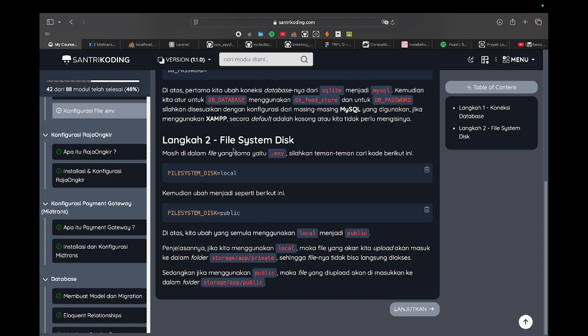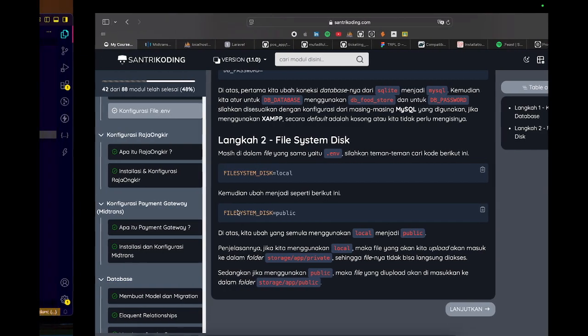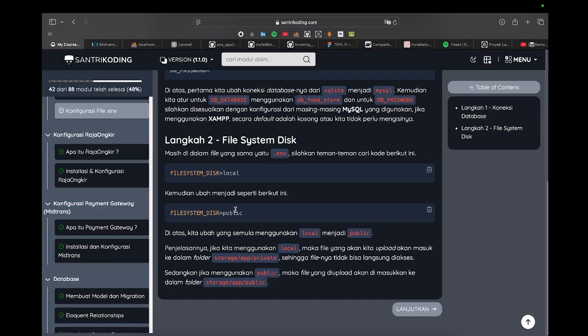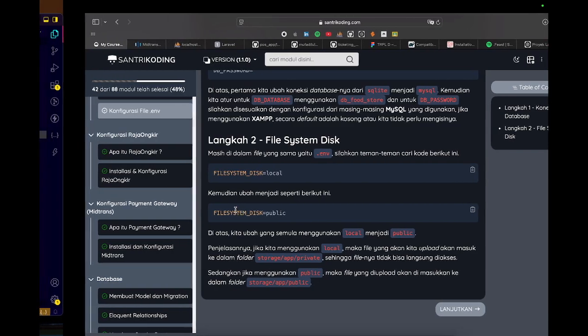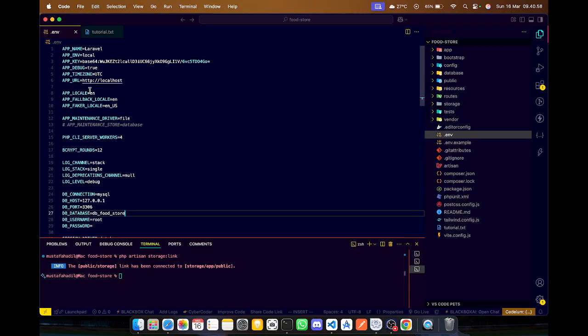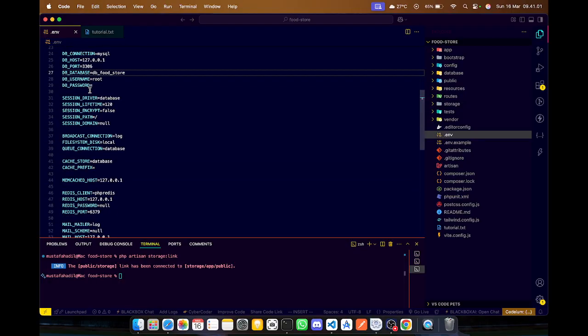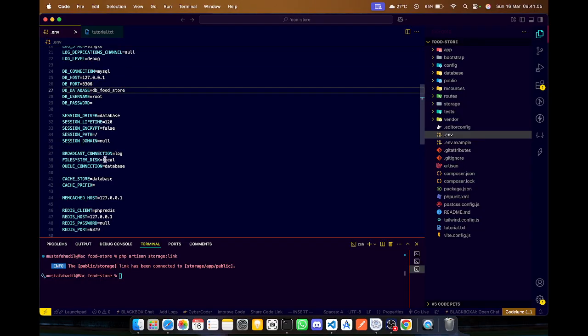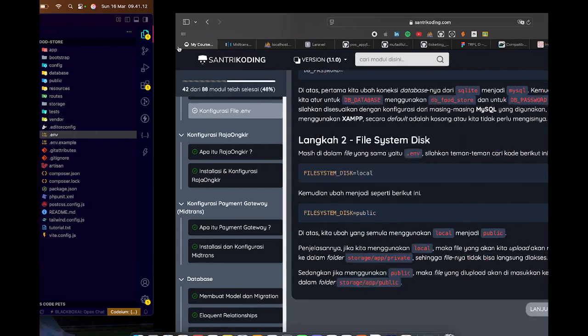So we change it to public to open the image on the web when a user or other people upload an image on our web. We change the filesystem disk to public, like that.